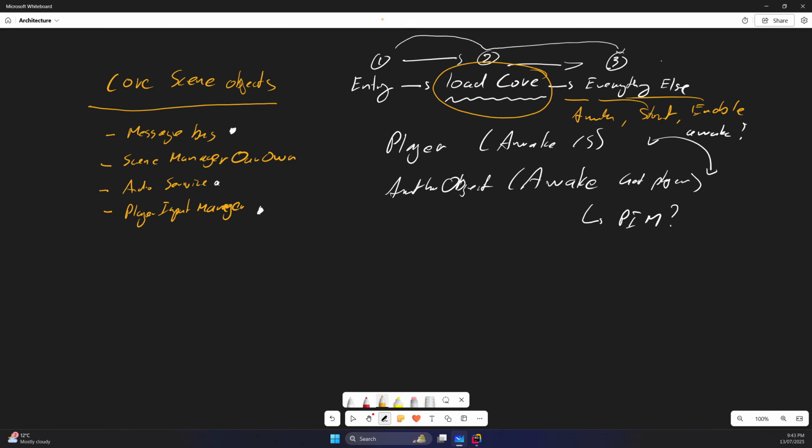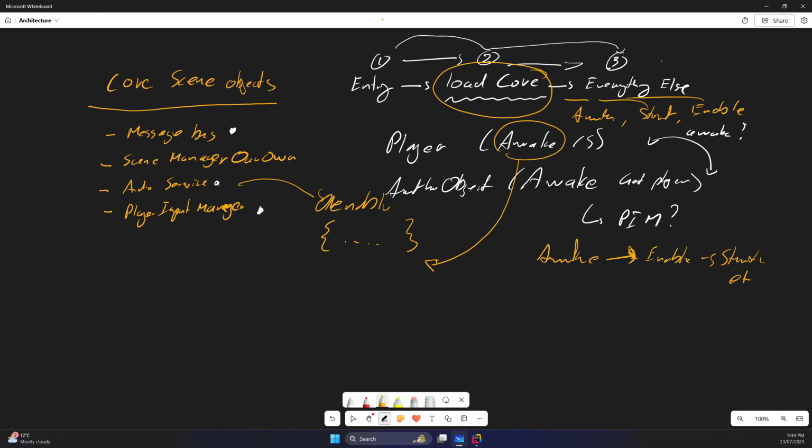For example, say in our audio service we do something in OnEnable, but then our player in Awake has to get something from this audio service. The audio service is not ready, because Awake happens, then we have Enable, then we have Start, etc. We have a huge problem with this happening first and that happening second, and this is not going to work for us. So by having the core scene always loaded